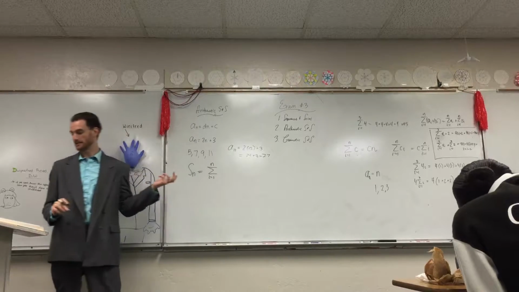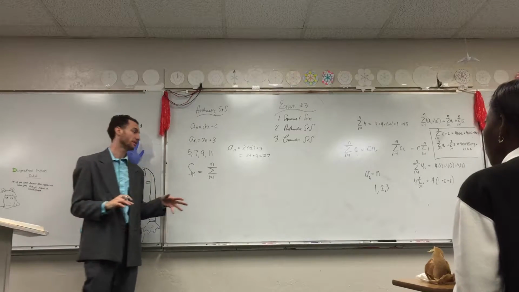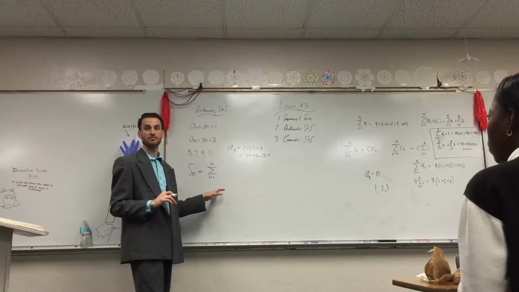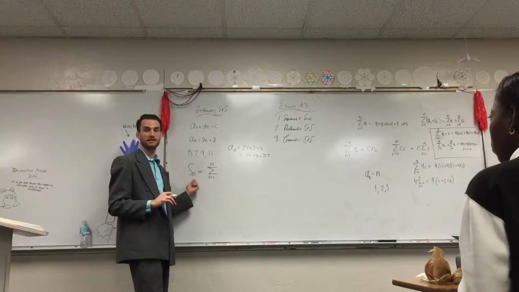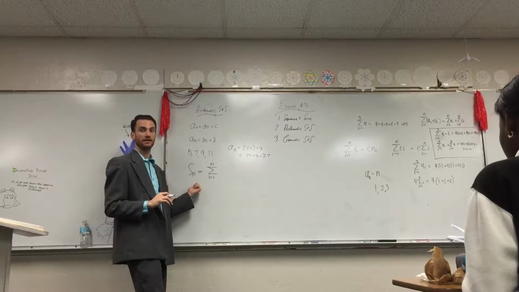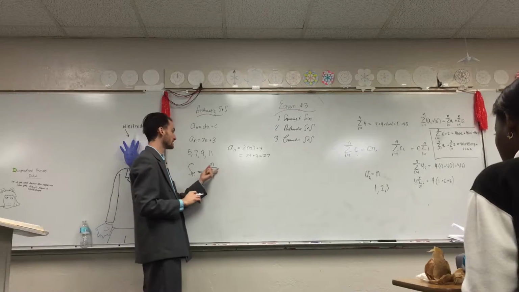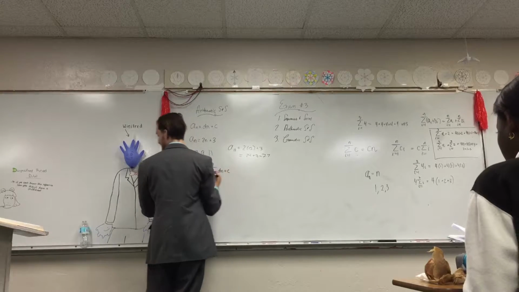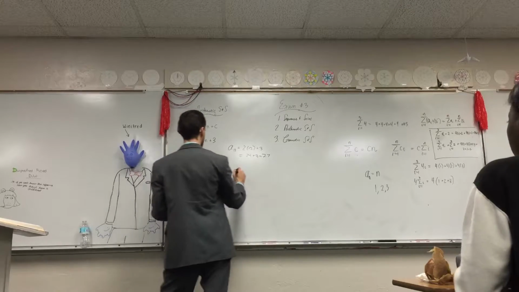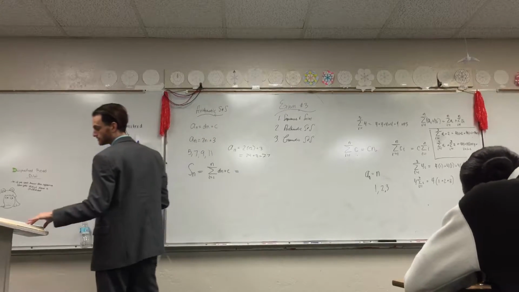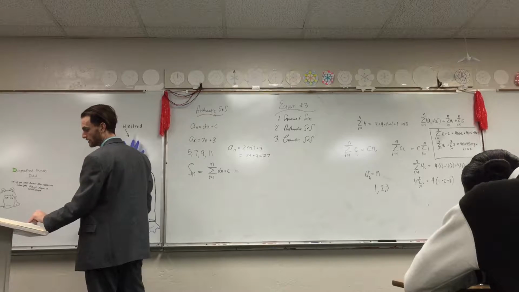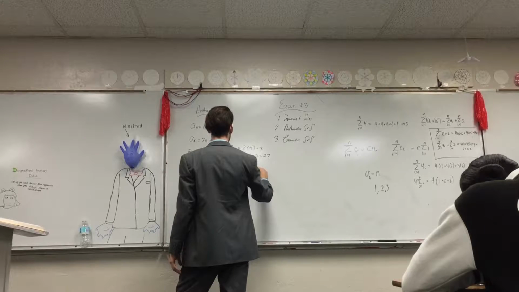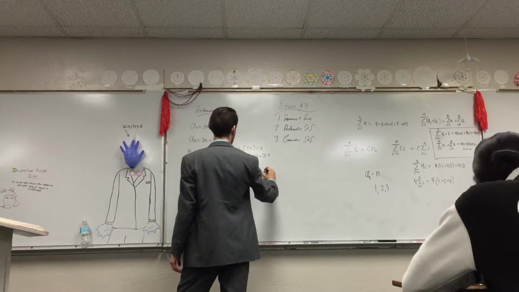Now, the sum of a finite arithmetic sequence, the sum from i equals 1 to n. A finite arithmetic sequence ends at some number, infinite does not end, right? Oh, I'm saying the sum of an arithmetic sequence, which is symbolized by Sn, the sum from i equals 1 to n of di plus c, is equal to n over 2 times a1 plus an.